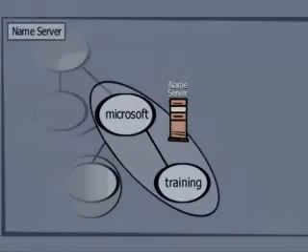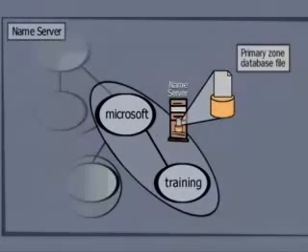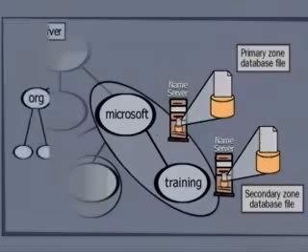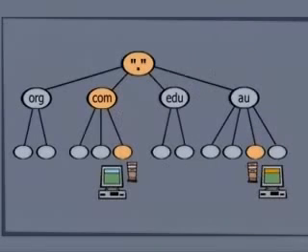DNS, or the Domain Name System, is an integral part of client-server communications in TCP/IP networks. The domain namespace may be divided into zones for administrative purposes. Name servers for each zone store either the primary zone database file or the secondary zone database files that contain the name-to-IP address data for that zone. Zone files are kept up to date by the zone transfer process. Name resolution is the process